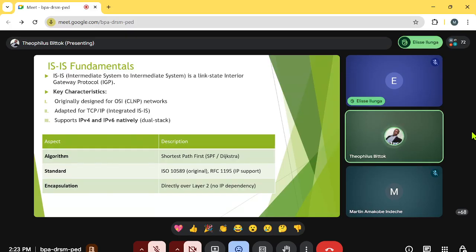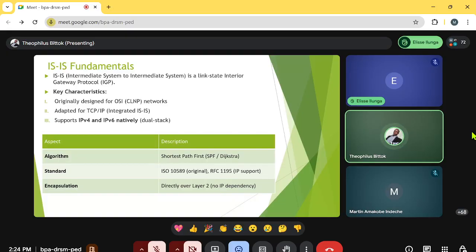When I say that it's operating on the data link layer, let's say, for example, when ISIS is sending its packets, it always uses multicast MAC addresses, and we have different multicast MAC addresses depending on the ISIS level. We have two levels on ISIS, that is level 1 and level 2. Each level is going to have a different multicast MAC address. We are going to look into that as we proceed.